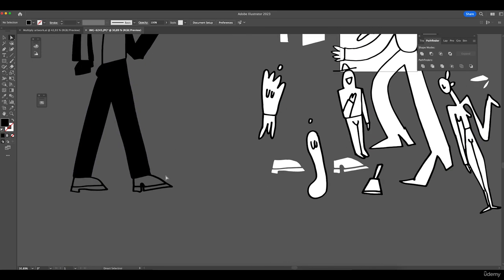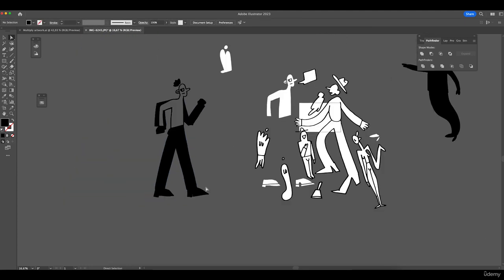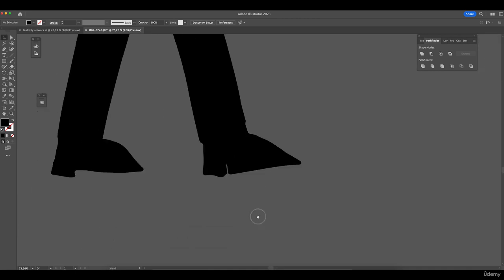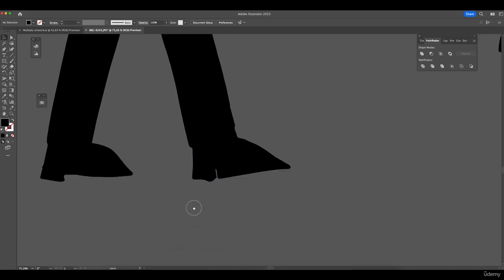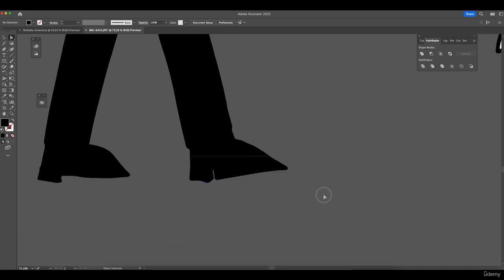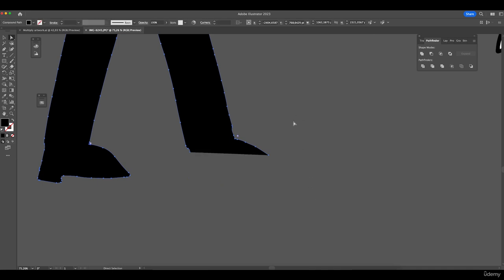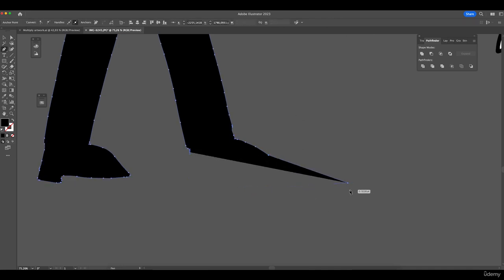You can actually work with that. Let's see. No, we have to go and delete these parts. Clicking backspace. Let's go and edit this guy a bit. Make his boots a little bit more interesting. I'm just going to use my direct selection tool and I'm going to create these kind of